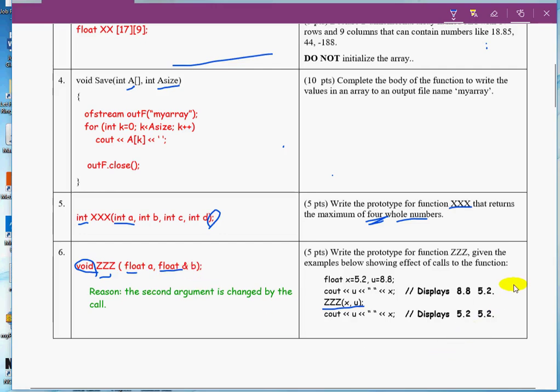Now this is where you must pay attention. Before I make the call, U is 8.8, X is 52. After I make the call, the value of U has changed. It has changed from 8.8 to 5.2. What does that mean? It means that the function must be allowed to change the value of U, which means that in the